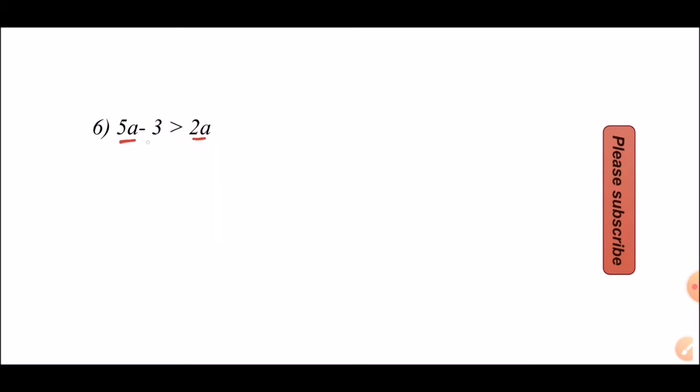So that means we need to get rid of this -3 on the left hand side. How do we get rid of the -3? We have to add 3 on the left, so we'll have to add 3 on the right. That will leave me with 5A, and the -3 and the +3 have cancelled out, and on the right hand side we'll have 2A plus 3. I'll just copy the sign down. And as we said,